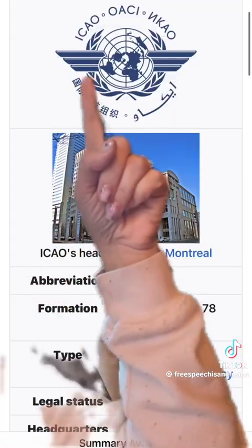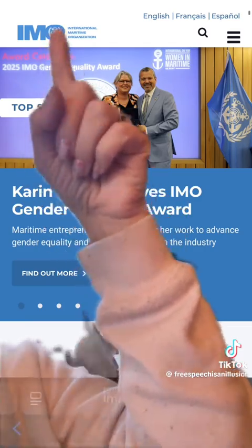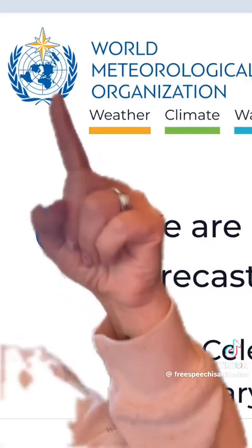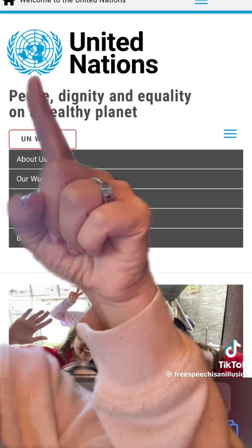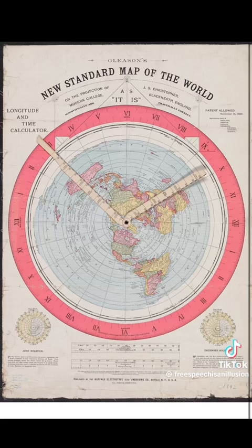There's reasons why these guys use it. The International Maritime Organization uses it as their logo. The World Meteorological Organization, the United Nations, the World Health Organization. They don't use a globe because the Earth is not a globe. It's not a spinning, wobbling, tilted water ball rocket shooting through the universe at 500,000 miles per hour. It is a level, stationary plane,